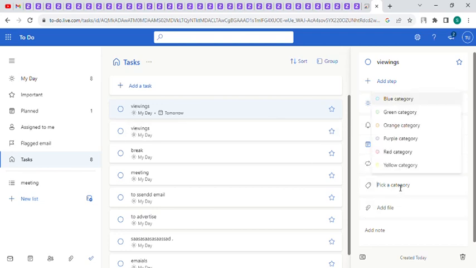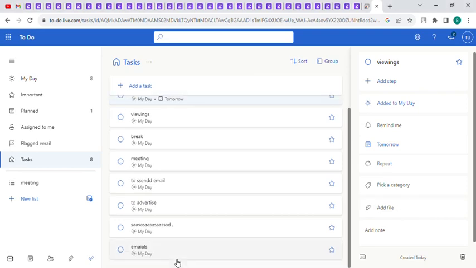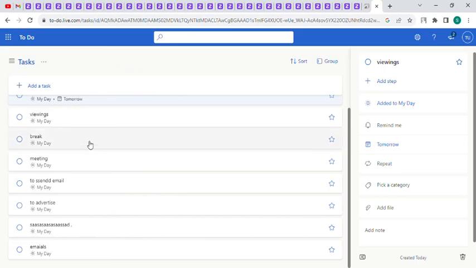You can pick a category. You can label according to the colors blue, green, orange, purple, red, yellow. And you can add your file here as well if you have it on your computer. So here what you can see, these are your